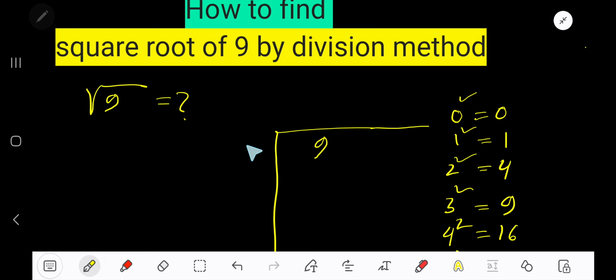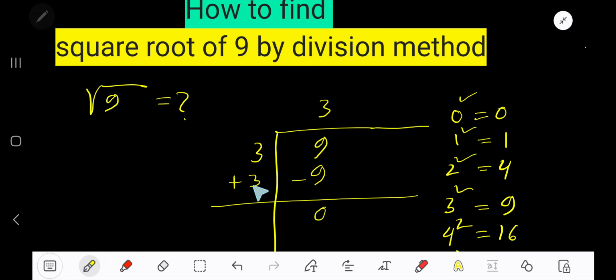4, then 4 square equals 16, which is greater than 9. But if I take here 3, 3 square equals 9, which is equal to this. So the appropriate number will be 3. If you take here 3, so 3 times 3, 9. Okay, and even 3 times 0, and for the new divisor, here you have taken 3, so this 3 will come